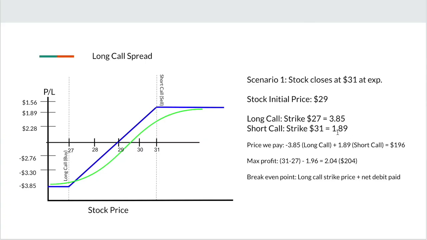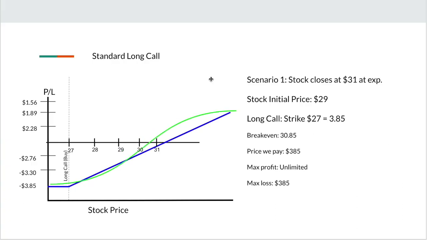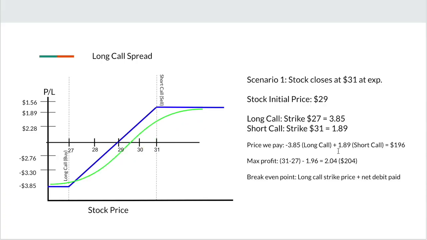You had gotten a credit of $1.89 for that one. So remember, when you're selling a call, you get a credit, you don't pay for it. And so here's what you end up paying for this. You take $3.85, this is negative, and you add it to 1.89, which is the short call, and you get a total of 1.96 or $196. That's how much you end up paying for the entire trade. Let's compare that to the first standard long call. Here you paid $385. So with a small account, you can definitely see how this is already helping you,